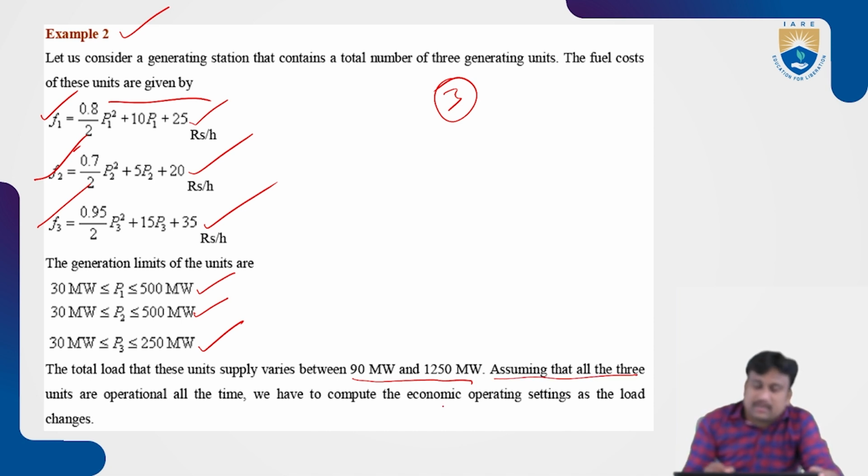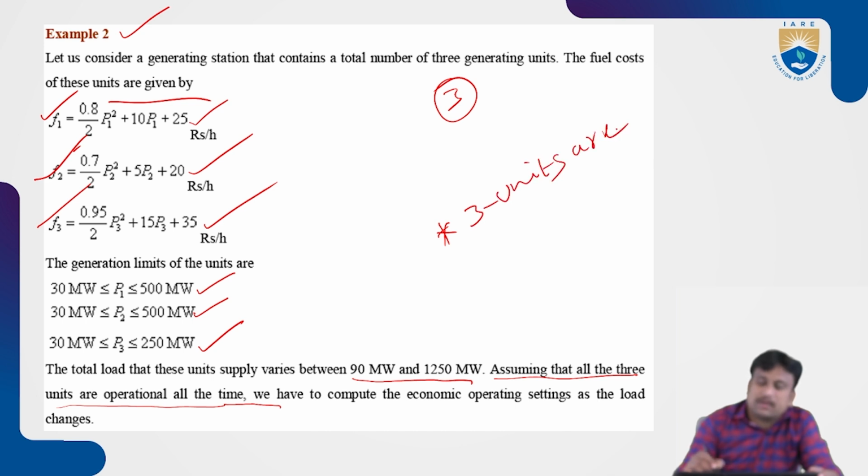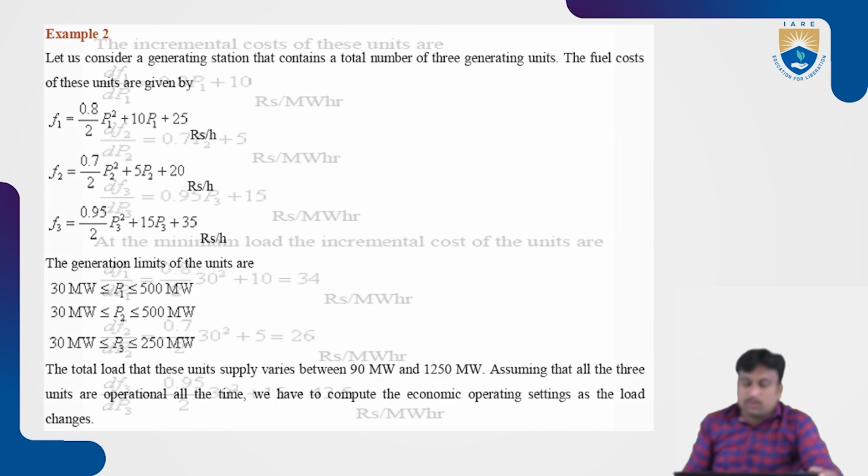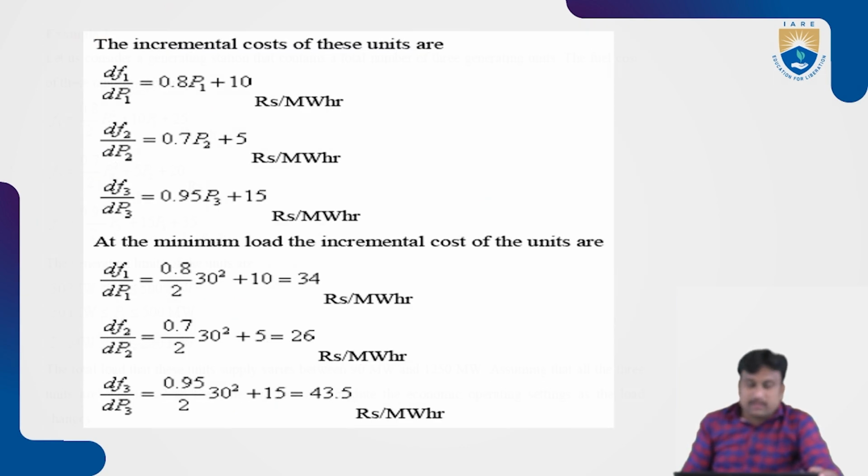Now, assuming that all 3 units are operational all the time. Here it should be mentioned that 3 units are running at a time. We have to calculate the economic operating settings as the load changes. The incremental costs of these units are given with